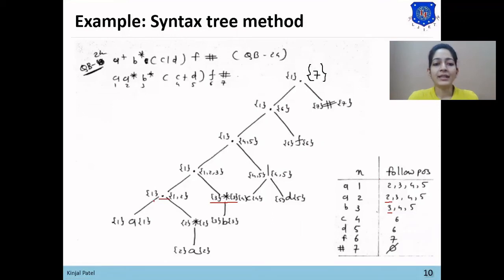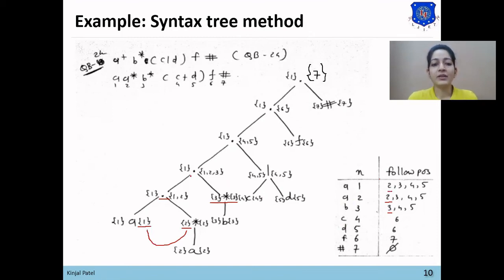Now we'll apply the rule on each dot. Here first dot, to apply the rule on its children we first check the last position of C1 and first position of C2. In the last position of C1, first position of C2 will be added. So the follow position of 1 will be 2.